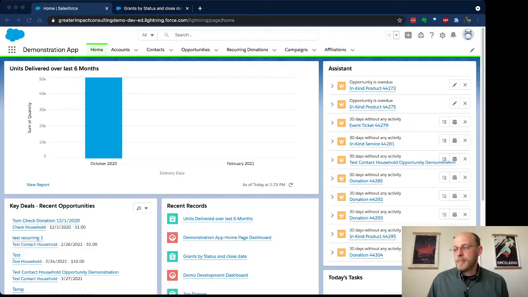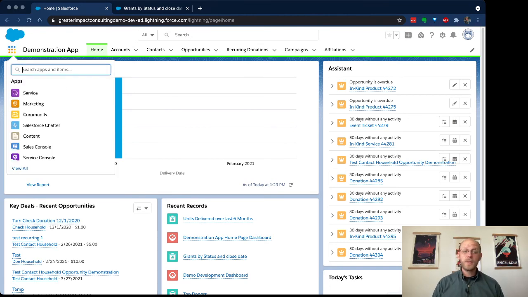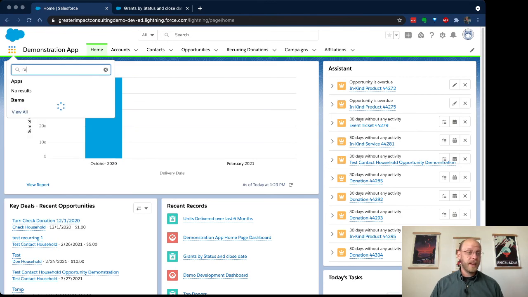We're going to start by looking at our demonstration app. Pretty boring. This is not the information that we want our development people to have. We want more information that's more visual and better. So first we have to make sure that our reports are in order. We have to build reports, and we have to know what we're building. So if I go and I find reports,